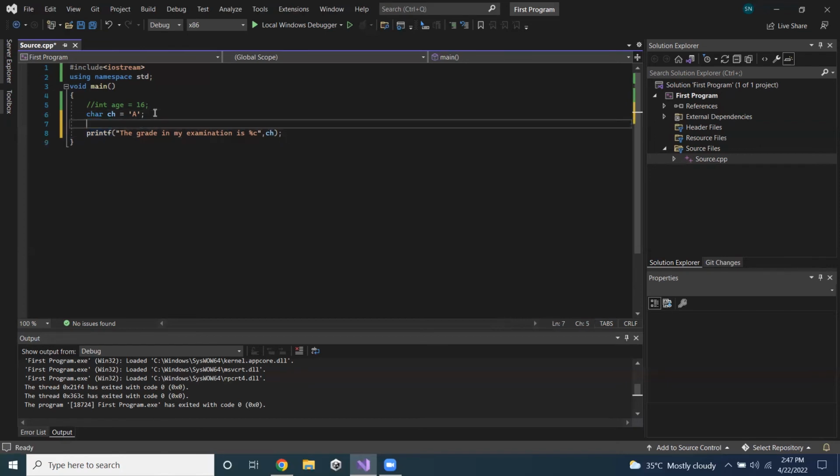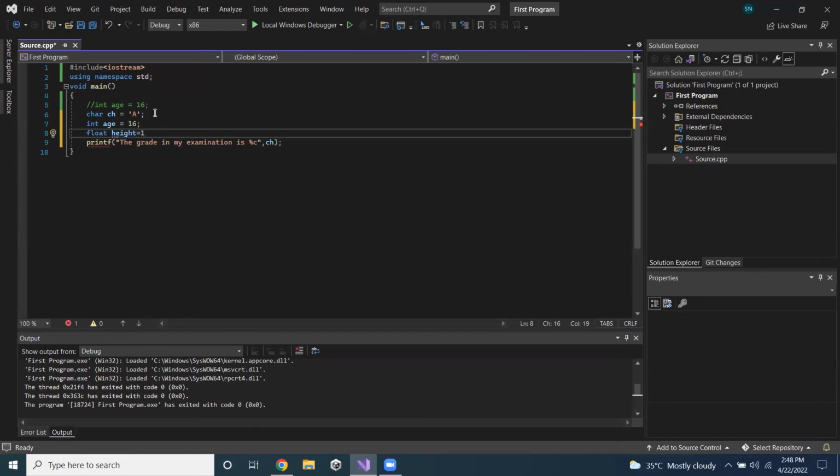You can print multiple variables in one printf statement. For example, int age is equal to 16, float height is equal to 1.7, and I want to print a complete message, which is the grade in my examination is %c,